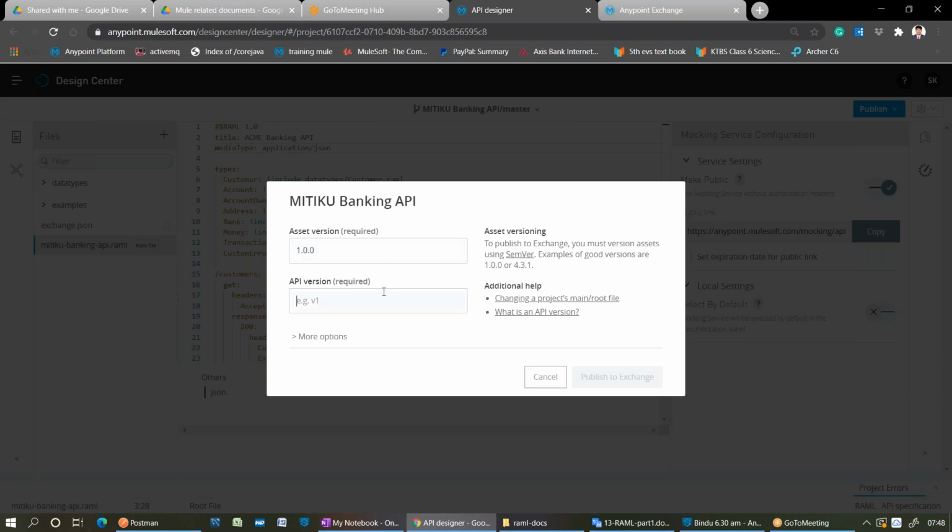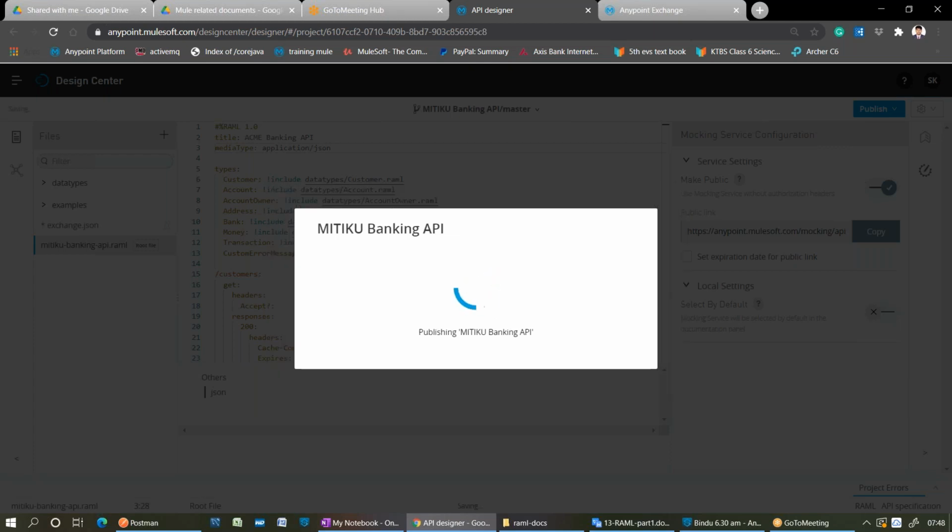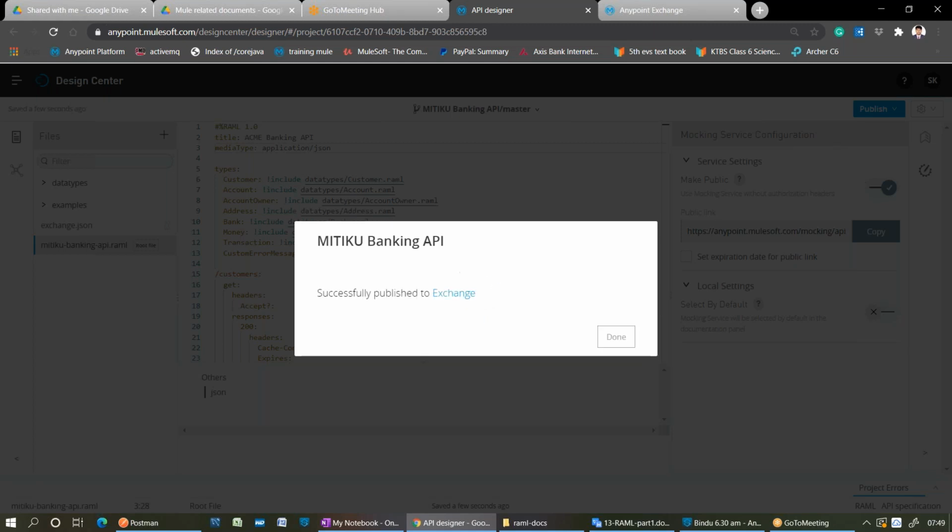I'm just using the basic stuff. We can give any name. I'm just giving V1 as the version name. Yeah, I published onto the Exchange.